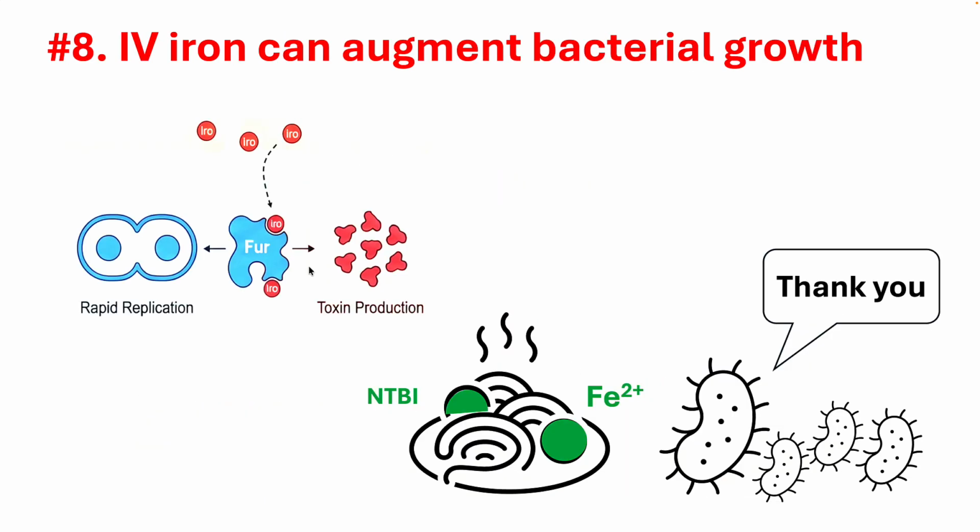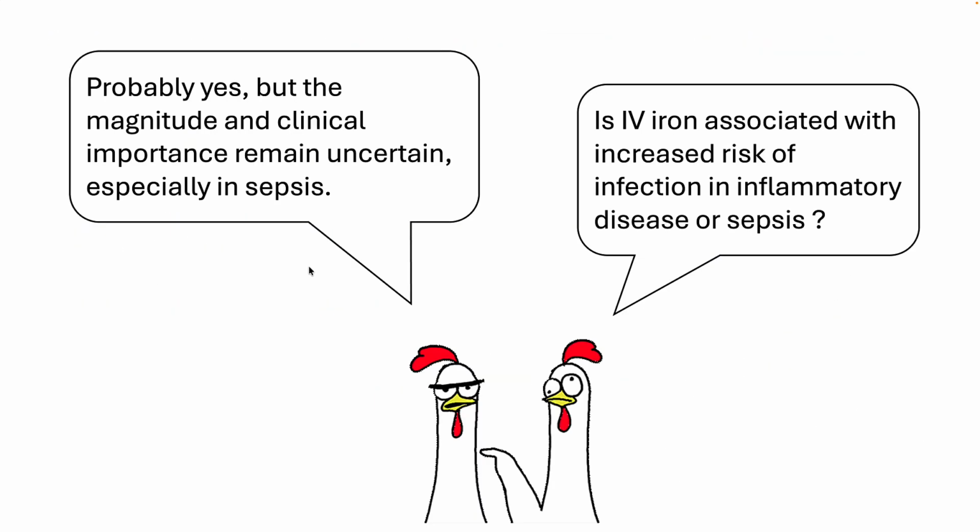Simultaneously with failing defenses, non-transferrin bound iron acts as an extra serving of iron for the microbes. We know that the availability of iron dictates whether a certain bacterium will transition into invasive, highly virulent state or remains quiet. These mechanisms we just discussed sound like IV iron is a pretty bad idea for ongoing sepsis, but